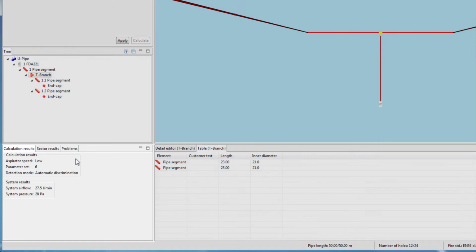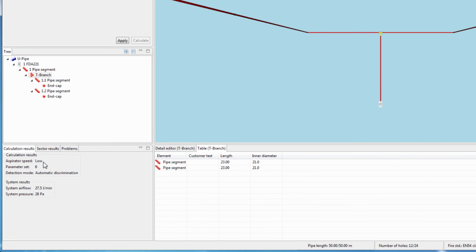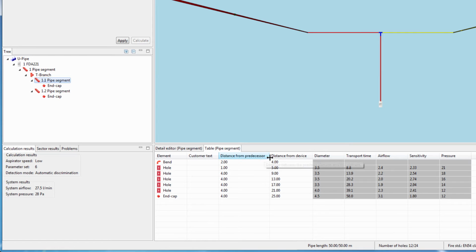The configuration results are shown in the bottom left-hand corner. The first three parameters need to be configured in the ASD. The tool also shows additional system results. On the right-hand side of the table view window, you can see the calculated diameter, the sensitivity, and additional information